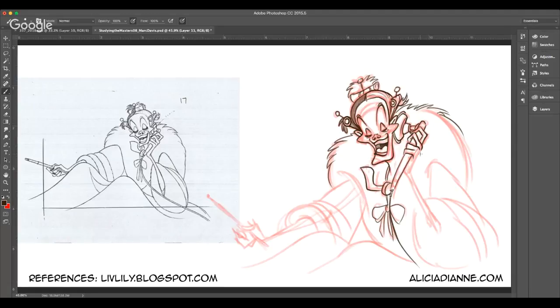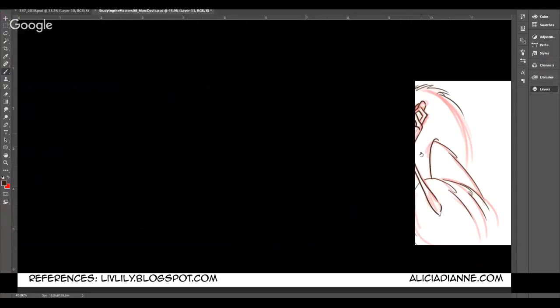I think I'm just going to get ready to wrap this one up. Okay, I'm going to say thank you, Cruella. You were a lot of fun, and I learned a lot from drawing you. And we're going to go on to our last character of the day, which is